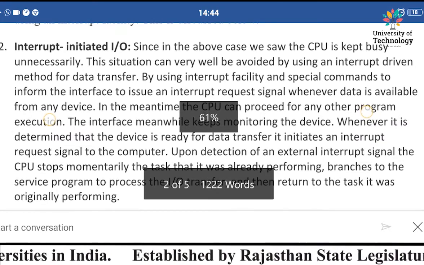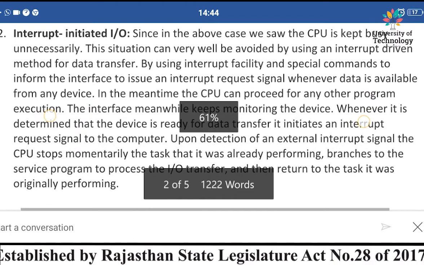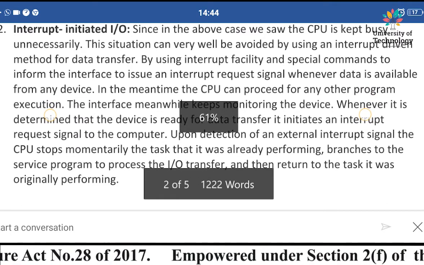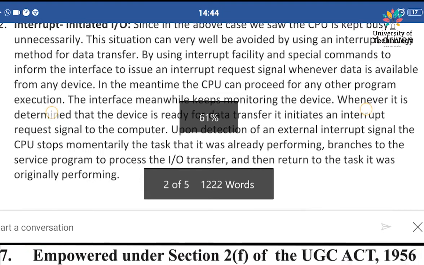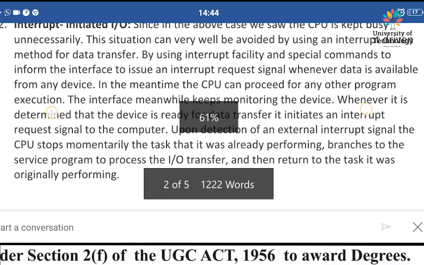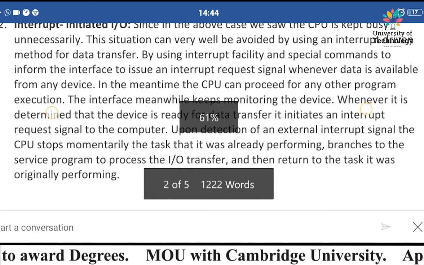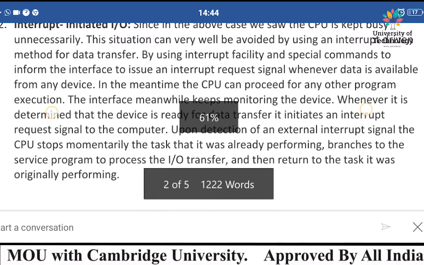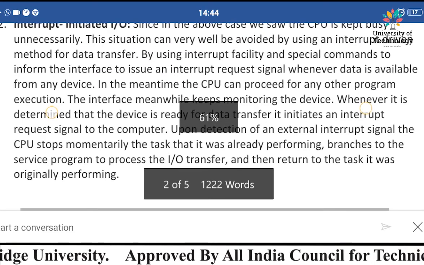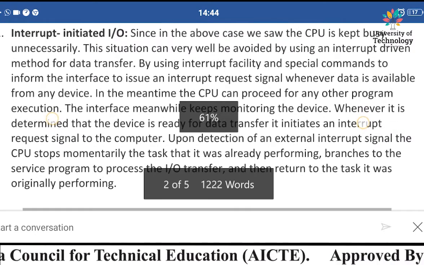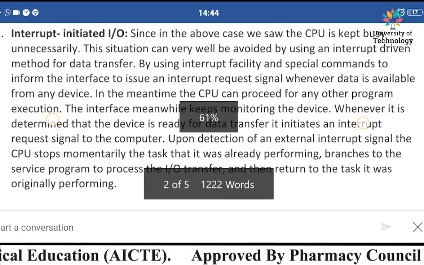So in this situation, what do we need to do? This situation can be avoided by using the interrupt driven method, as the name itself implies. What do you understand by interrupt? Interrupt means creating a disturbance. Interrupting something, some process which is actually going on is being interrupted. So this loop can be interrupted with the help of the interrupt driven